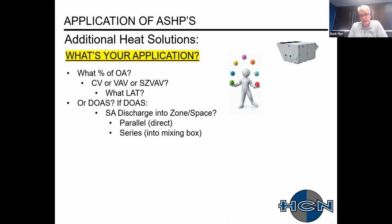If you have a DOAS unit, DOAS sort of implies that it's 100% or very high percentage of outside air. What can make a difference with that is your supply air discharge. Are you dumping it directly into the space from a ceiling diffuser, or are you dumping it into the back of a mixing box on a terminal unit, such as a fan coil water source heat pump? Obviously, if you're dumping it directly into the space, it's much more critical that temperature be maintained at a constant